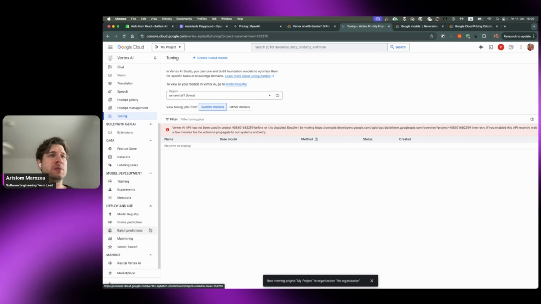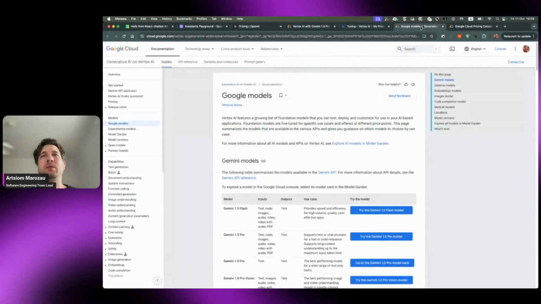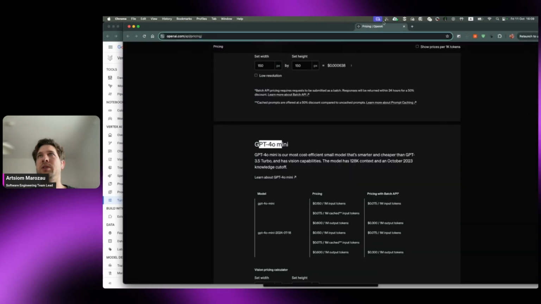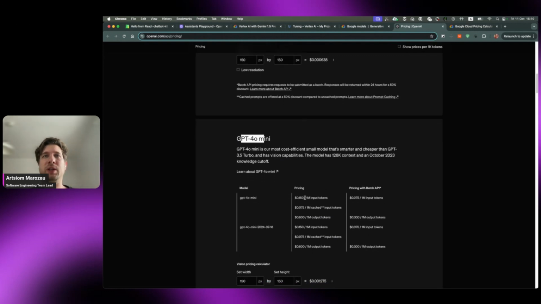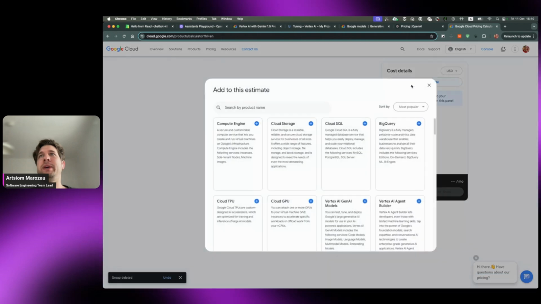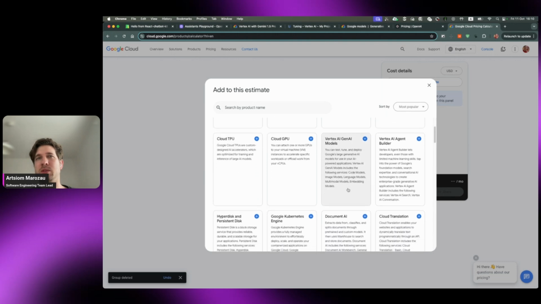Also here, I want to talk a little about the pricing. If we go back to OpenAI, there we have a very clear model for how to calculate, because it is based just on tokens and that's all. Here it depends on the things that you're using. So for example, you're using something like